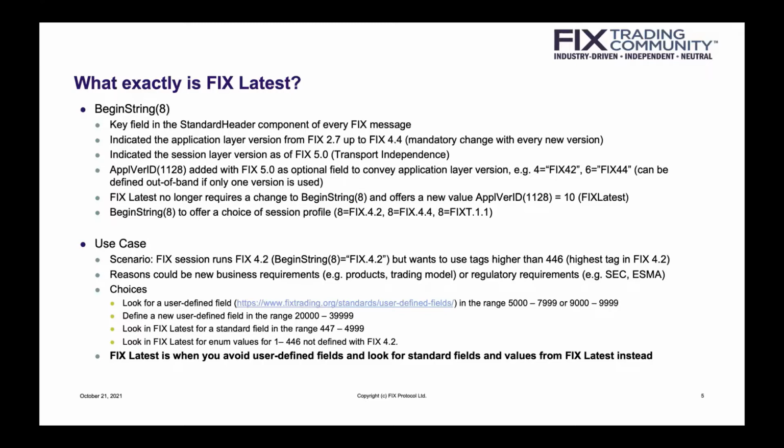An application-specific version field was added with FIX 5 optionally, where you had enumerated values like 4 equals FIX 4.2 and 6 equals FIX 4.4. So you could then convey to your counterparty which is the main FIX version that you are using here. And FIX Latest doesn't require any change to your begin string, and that's a key point